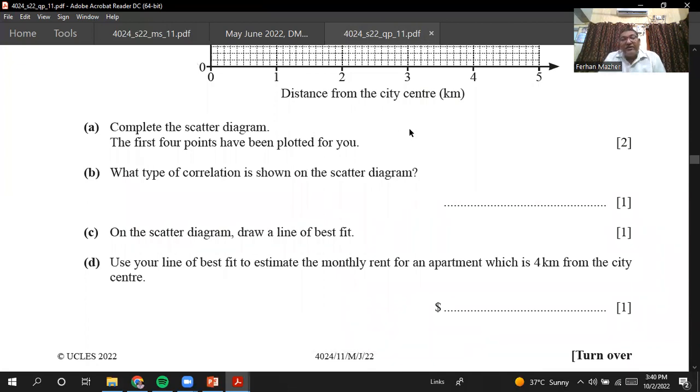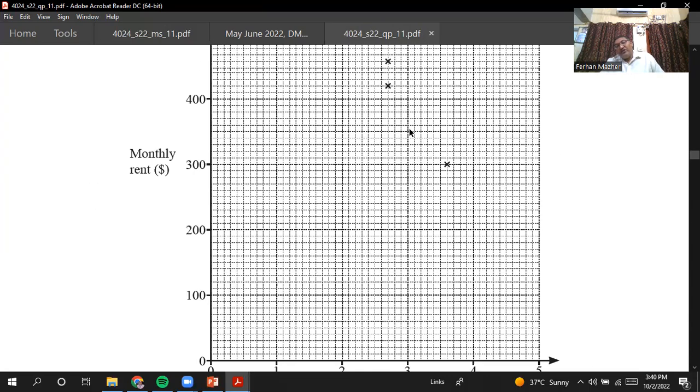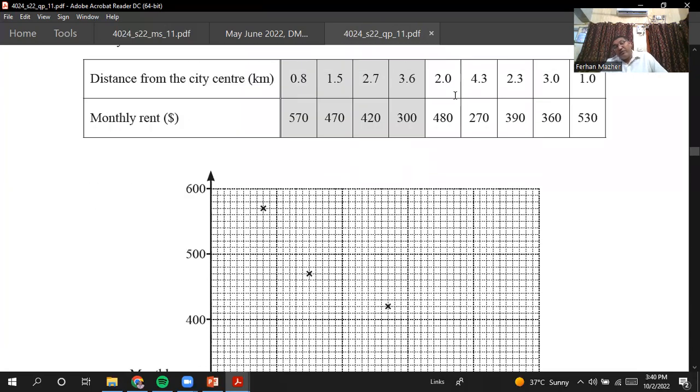The first 4 points have been plotted for you. So at 2 kilometer, you will have $480. At 4.3, you will have 270, and at 2.3, you will have 390, and 3, you will have $360 rent,